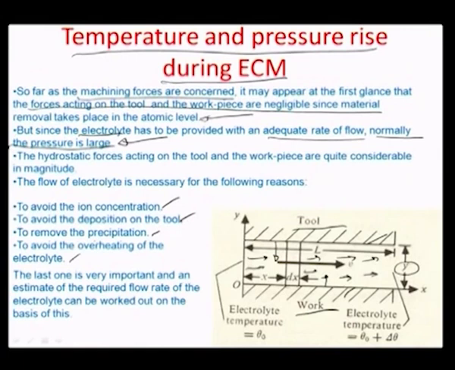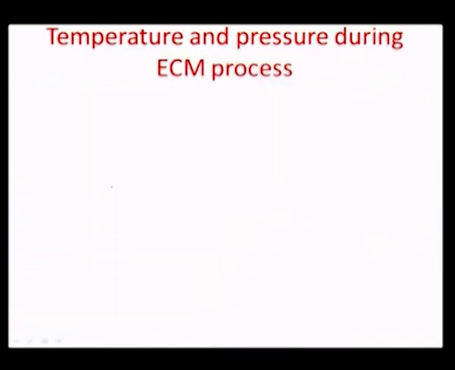And the last one is very important, an estimate of the required flow rate so that the electrolyte can remain without boiling. These are principally the reasons why flow of the electrolyte is a preferred solution to address some of these requirements and problems. And let us look into this a little more in a minute, in more detail and the modeling